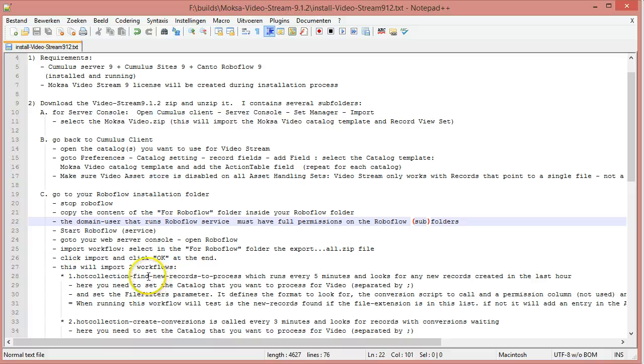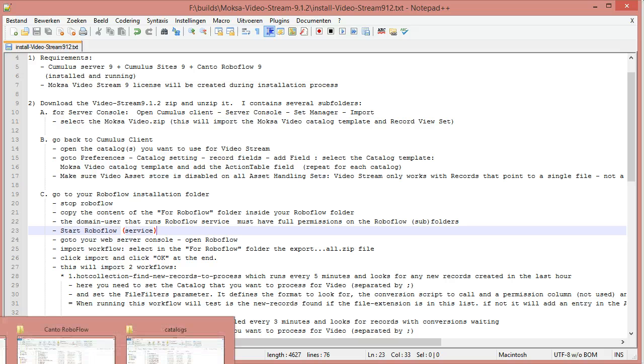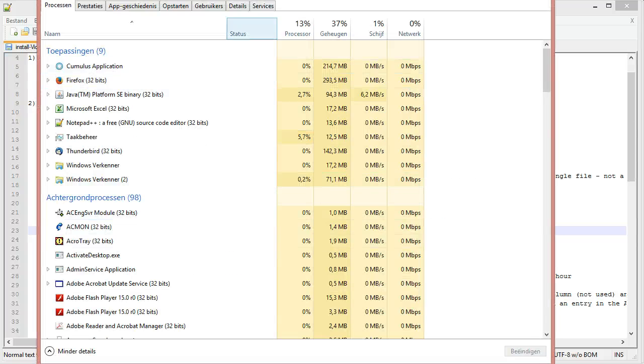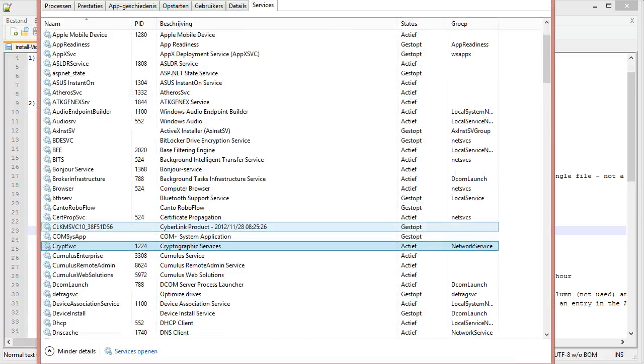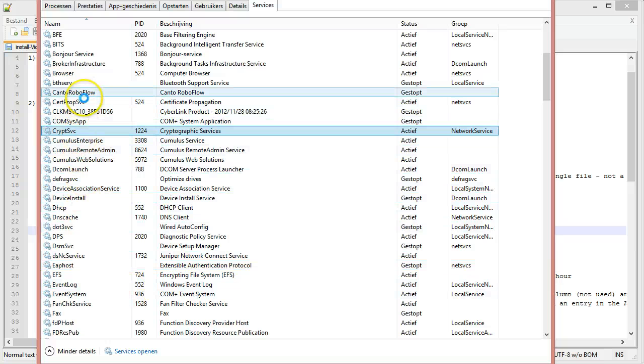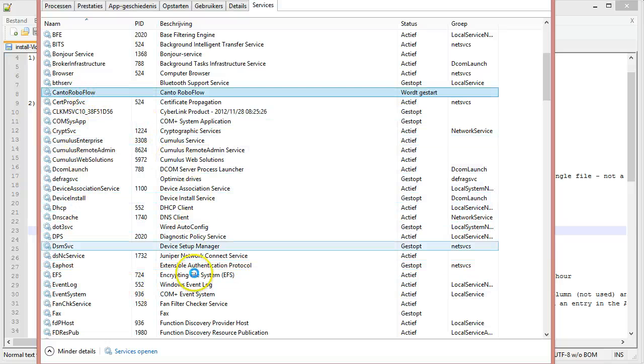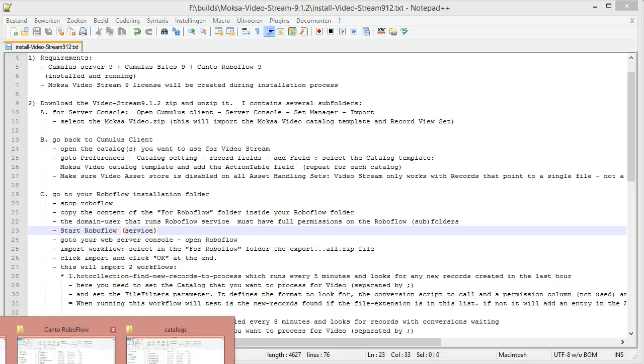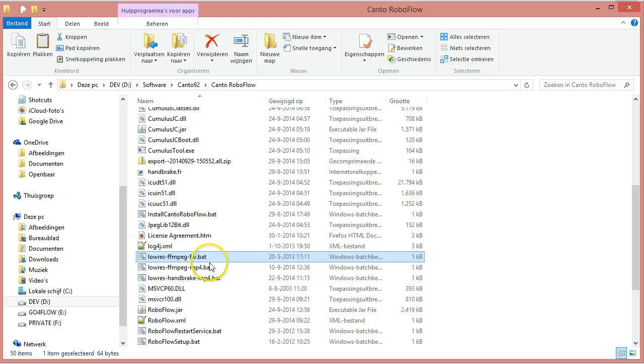So the next step is that we are going to import the individual scripts, the individual workflows. So we have to start Roboflow again. So I can go to my services and start Roboflow. Canto Roboflow start. You will notice that the scripts that we copied in here, low-res FFmpeg, low-res Handbrake,